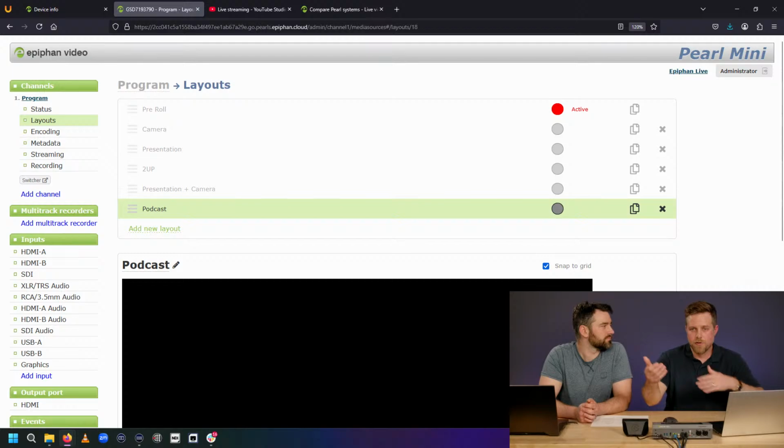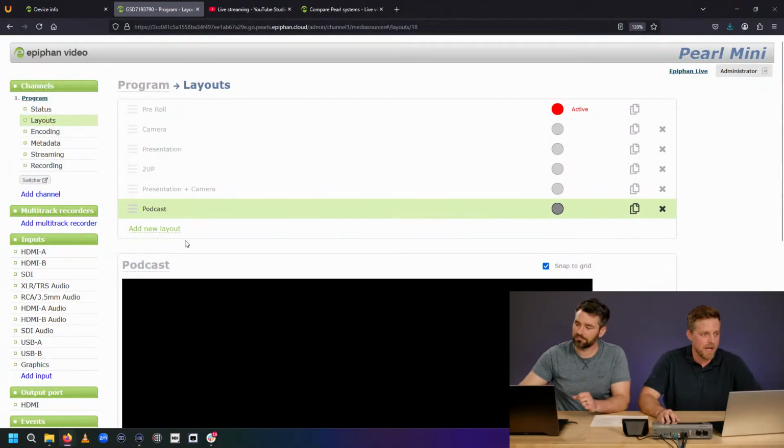Now with the previous layouts we were building, we had a gradient background, and then we were putting the video sources as layers on top of that background, right? But the reverse can also be a way to do things: to take your video sources first and then overlay your branding using something like a PNG image that has some transparency in it. So why don't we take a look at how to do that?